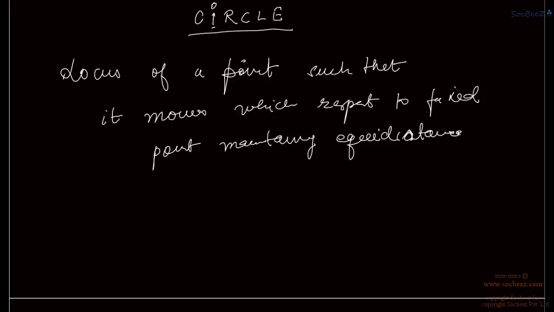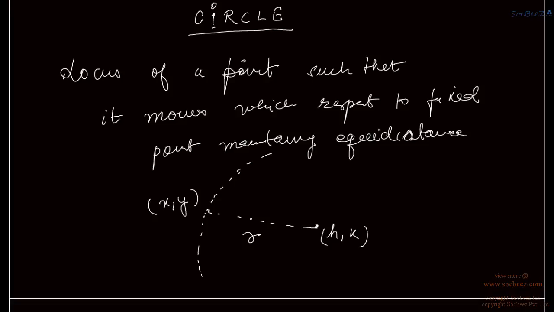Okay. So say suppose this is a fixed point HK, and there is a moving point, say XY. This is a moving point. So this moving point moves such that it always maintains a distance, say the distance is equal to R. It always maintains a distance R from this fixed point. So we will get a locus like this. Locus means its path, the path of point XY like this, which is a circle.